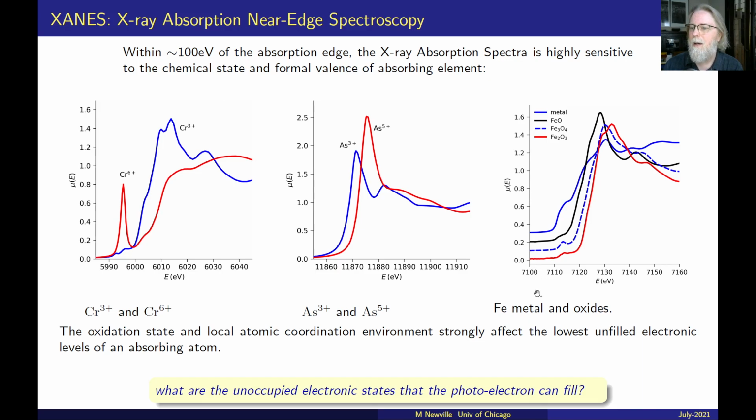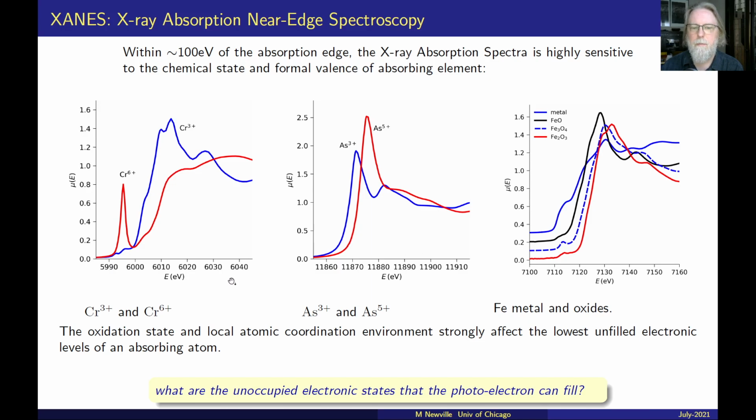And these are only examples; this is true essentially for all oxidation states for almost every element. For iron, here are some spectra that show iron metal, iron 2+ and 3+, and something in between for magnetite. And you can see that the oxidation state can easily be determined